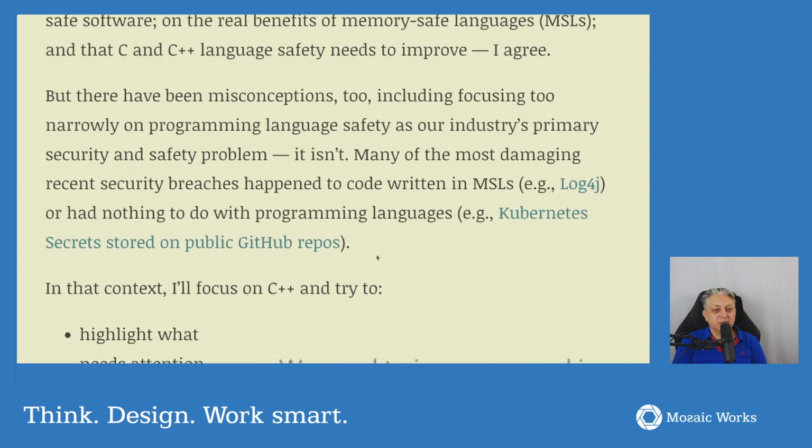Okay, so I agree with this. Programming language safety is not the only issue, and there are many others. However, this doesn't mean that it's not an issue that needs to be solved. And to me, I think